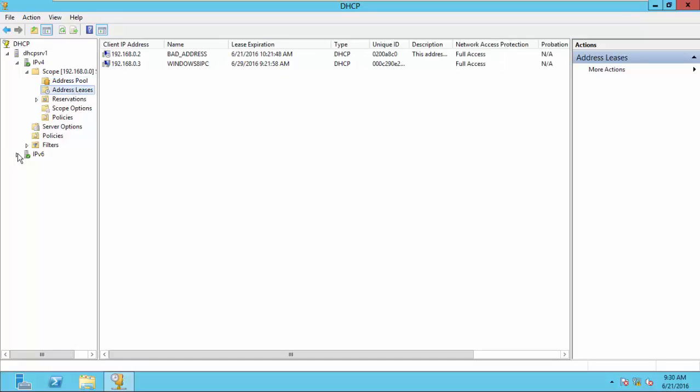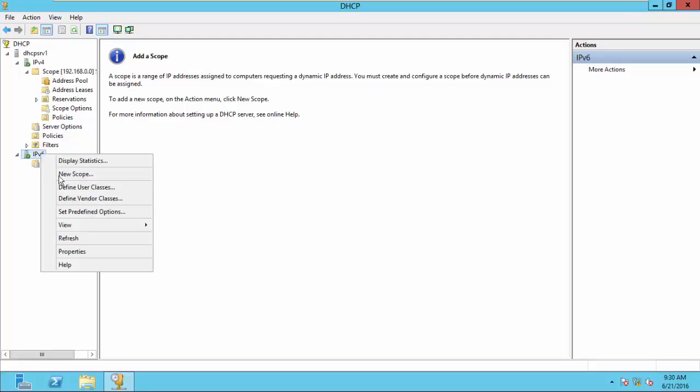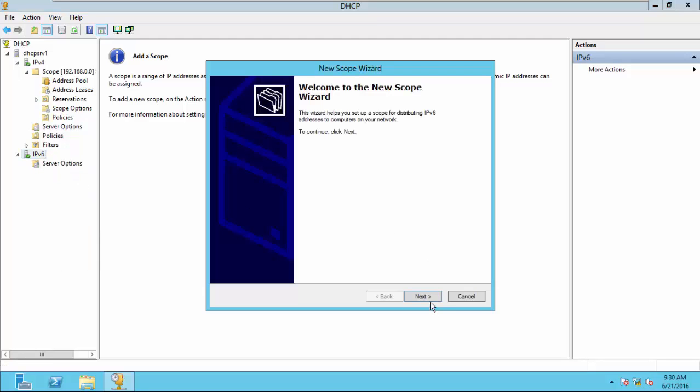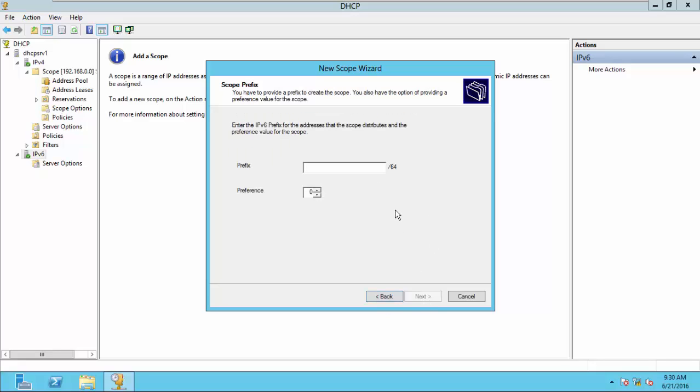Okay, so we are going to configure DHCP version 6. You just have to right click IPv6 here, then you select new scope. You go next and you give it a name, scope 1 here, and I'll go next here and give it a prefix. The prefix will be the network ID for the address range I want to give. So I'll put fd:/c:/c:/c:/,